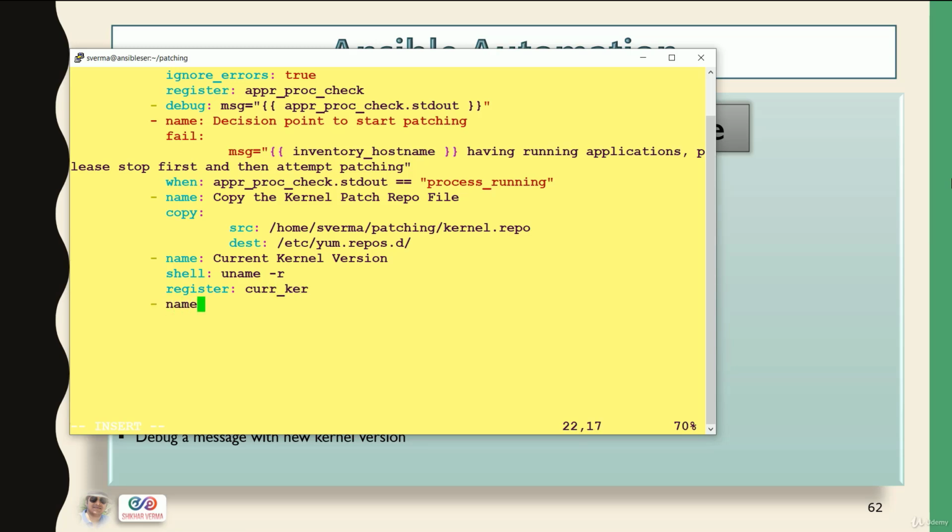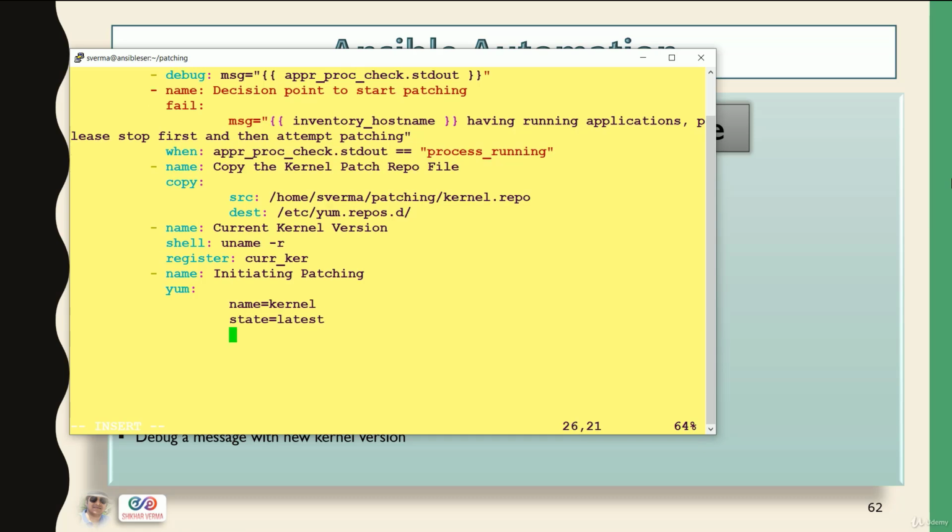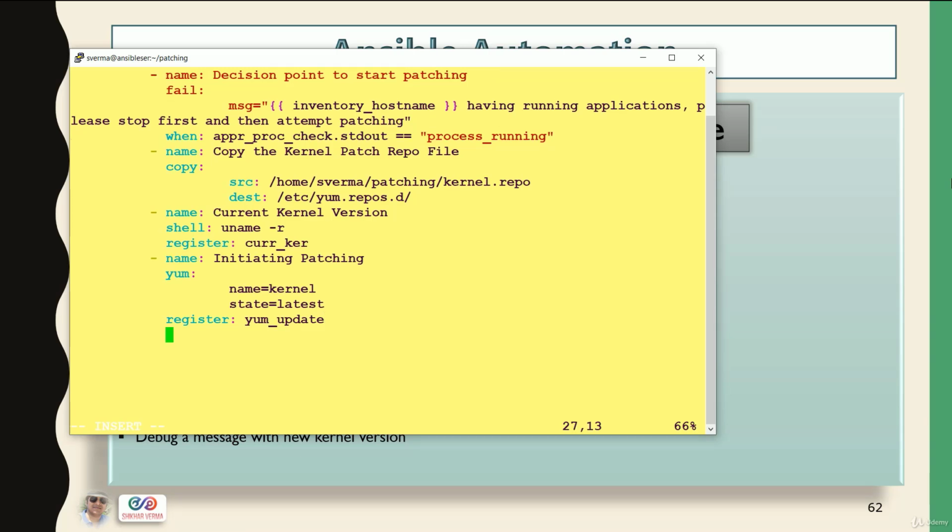Now I want to initiate the patching, and I'm going to use the module yum here. Name, what patching you want to do. I want to do kernel patching. State should be latest. You can put it according to your requirement. Here also I'm going to use a register. The name I have given is yum_update, and after the patching I just want to debug a message,